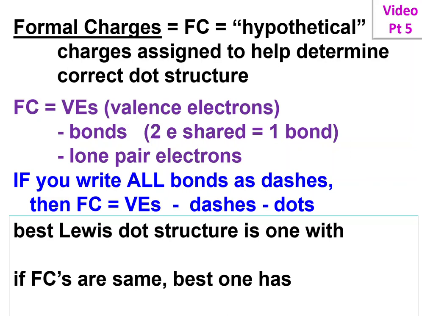Formal charge is just a way to assign charges to show where the electrons tend to be. It's a tool that you'll use as you go on in chemistry, and so we're just going to introduce you to the idea here. It's hypothetical, it's not like a real charge. It just gives you an idea of where it tends to be. And to get it, you